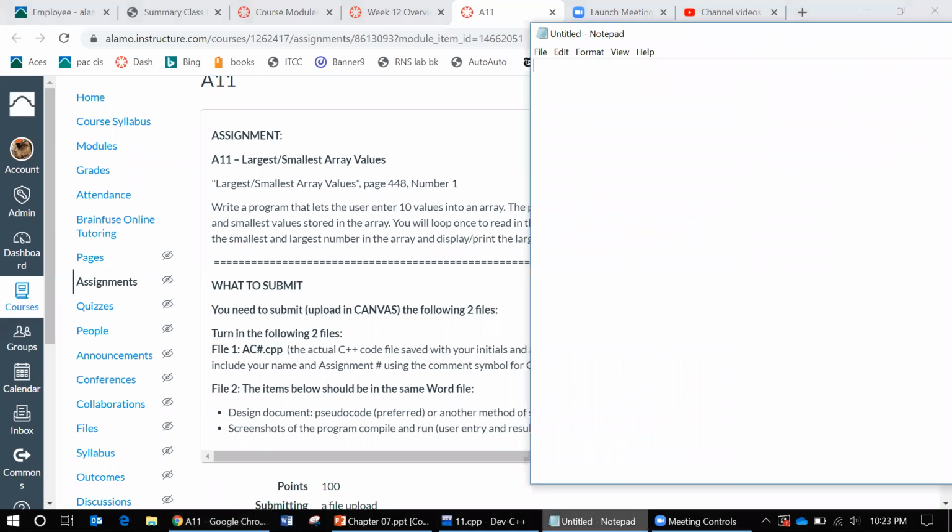So let's go ahead and start with our pseudocode. Okay, so pseudocode, great way to start is to say declare variables, input, processing, and then output. So when we go up to variables,